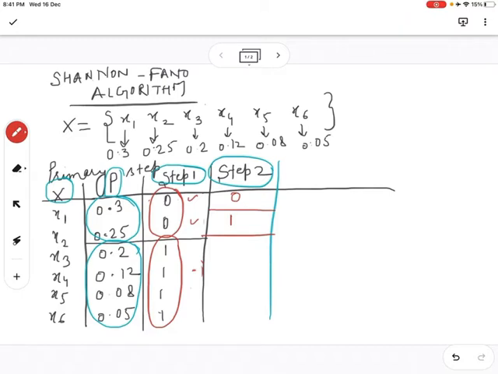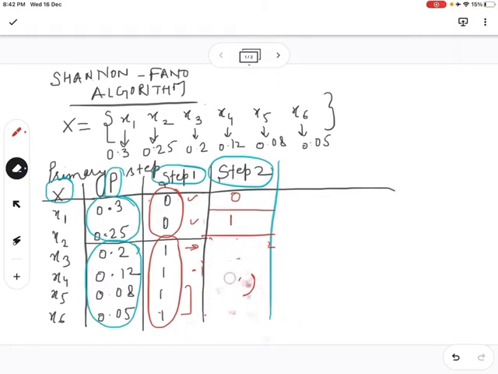First consider this. For this, the probability is 0.2. If I add this and 0.12, what am I going to get? I'm going to get 0.32. If I add these two probabilities, I'm going to get 0.13. So for the lower two probabilities, the addition is 0.13, and for these two probabilities, the addition is 0.32. So here also the difference is large, so this combination is not going to work.